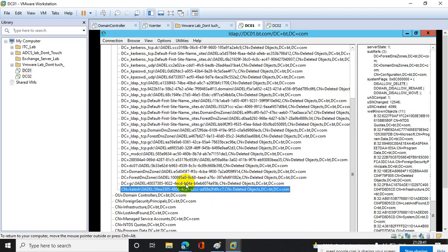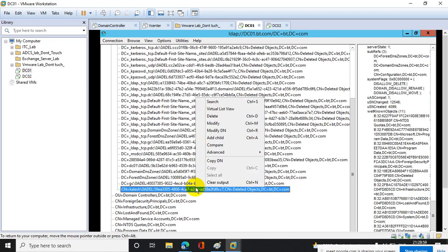Now you have to restore this user back to your AD container. So in that case, how will you do that? Because if you right click on it, the restore option will not be there.